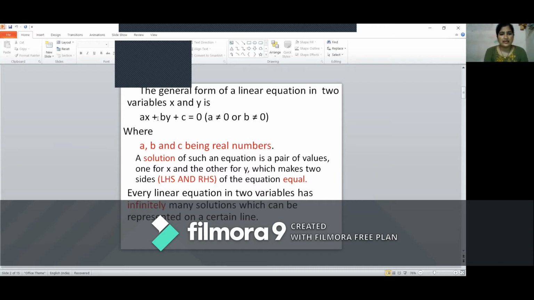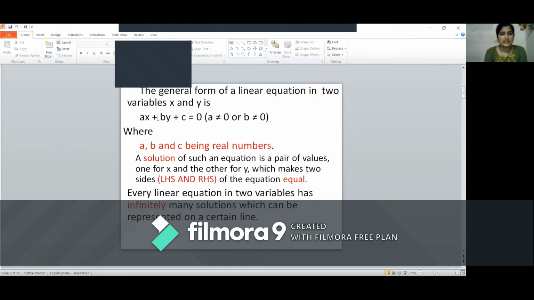So any equation which is in the form of the general form ax + by + c = 0 is a linear equation in two variables. In this topic we have to solve such linear equations in two variables x and y. It means we have to find the solution of the linear equation in two variables x and y. Now you can ask what the solution is, or how to get it. There are several methods to find the solution of a given linear equation. First of all, what is the solution?